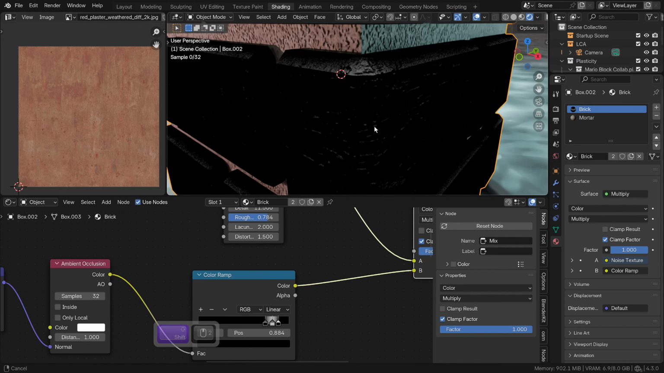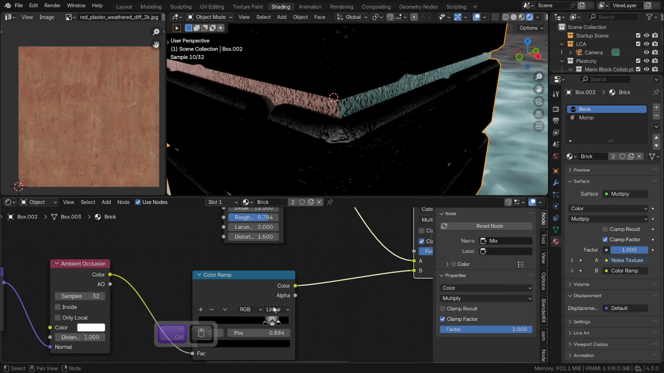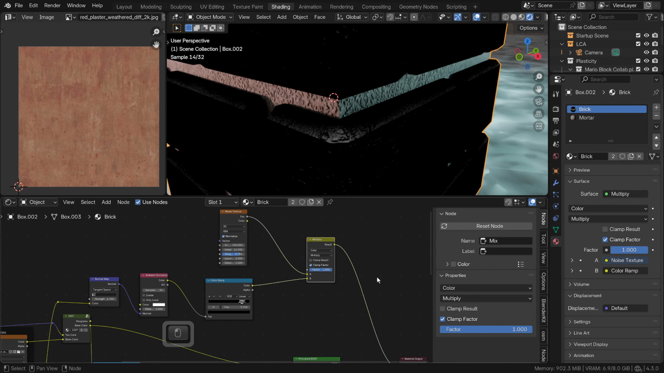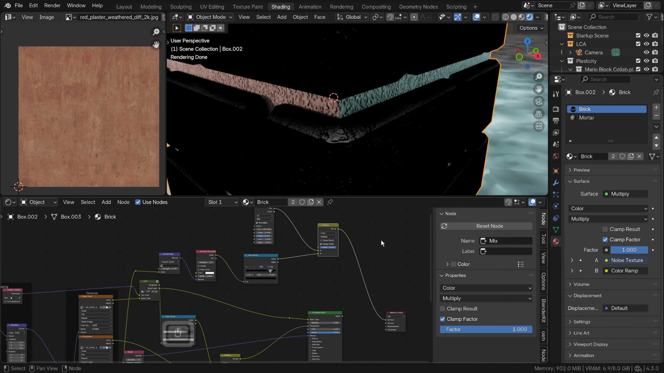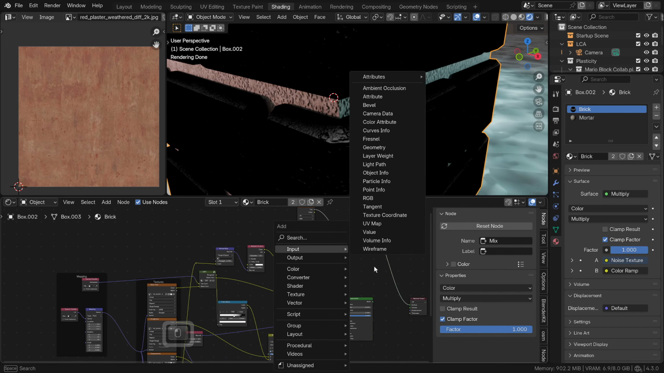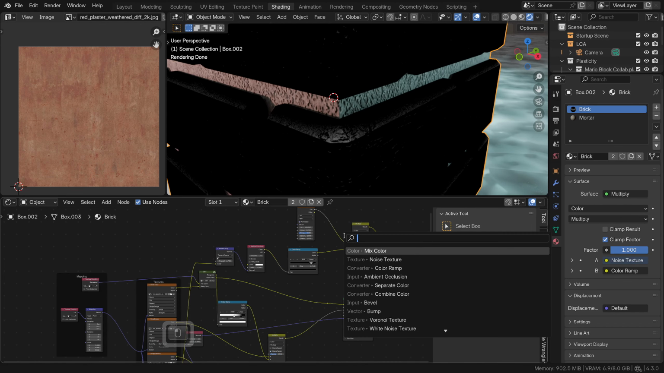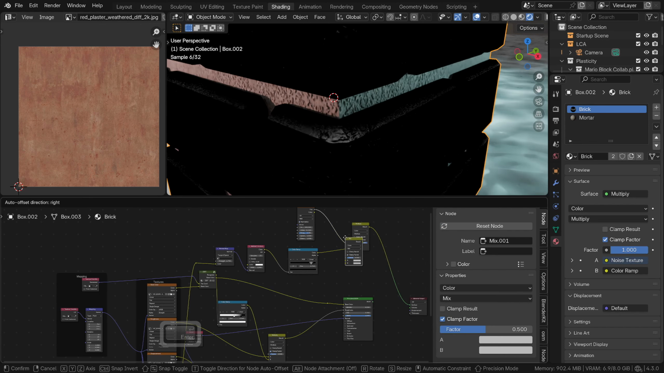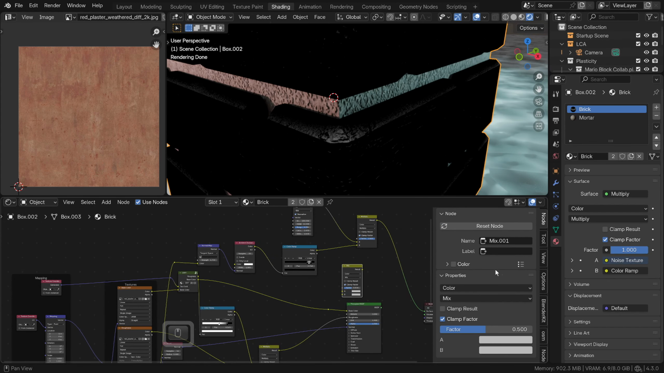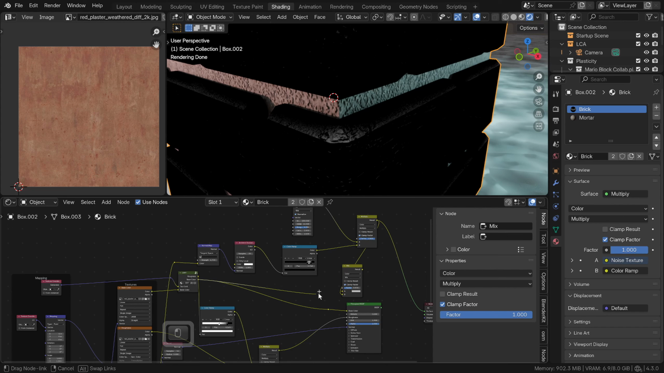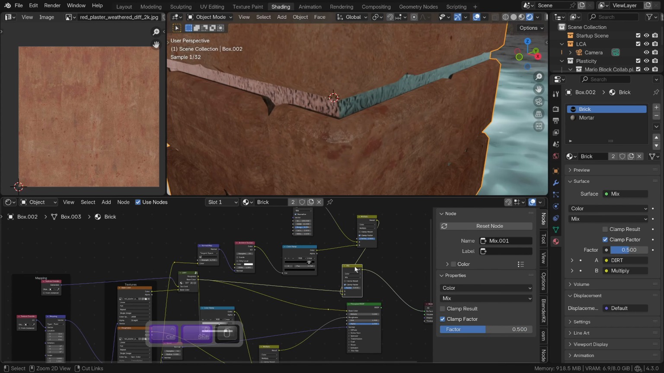Okay, so if we just play around with this a little bit, and then we plug our multiply into our base color. Oh, sorry, that's wrong. So if we take another mix color node, okay, and we plug our edgewear result into the B socket, and the base color coming out of our dirt node into this socket,